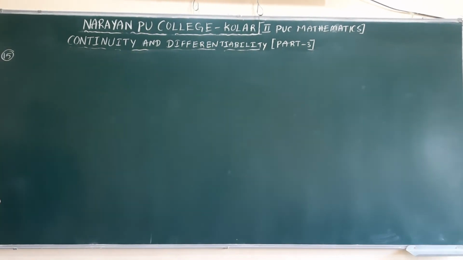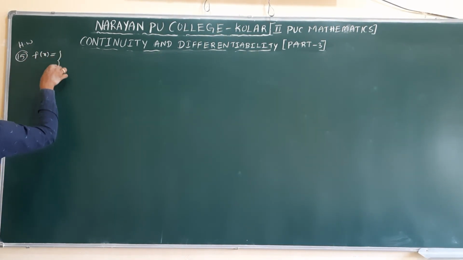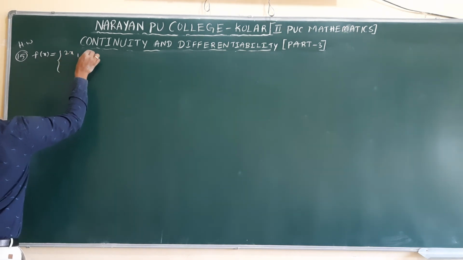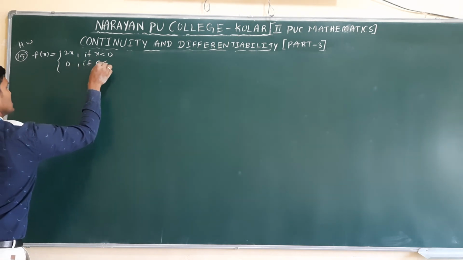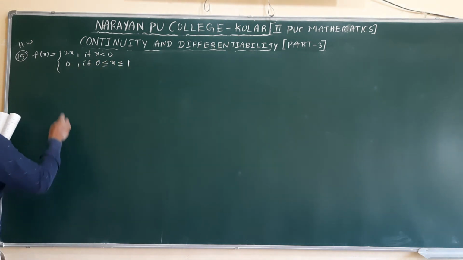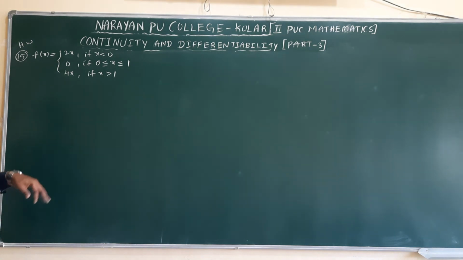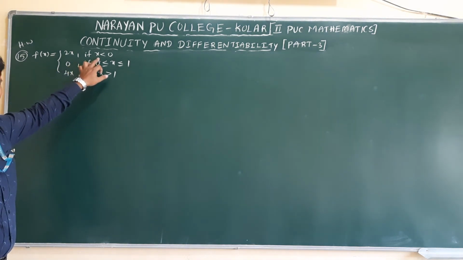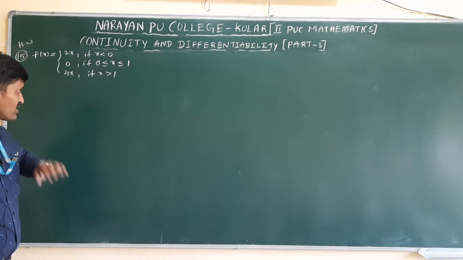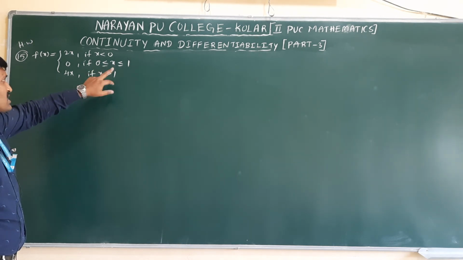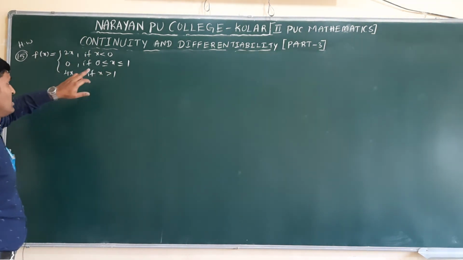Next, questions number 15 and 16 I will give as homework, same models. F of x equals 2x if x is less than 0, 0 if 0 less than or equal to x less than or equal to 1, 4x if x greater than 1. Here the first condition, case number 1, x is equal to a is less than 0. Single function, use the first definition. Next, at x equal to 0 we will do. After that, see the condition here, 0 less than x less than 1, same condition only in values. So values wise the same.